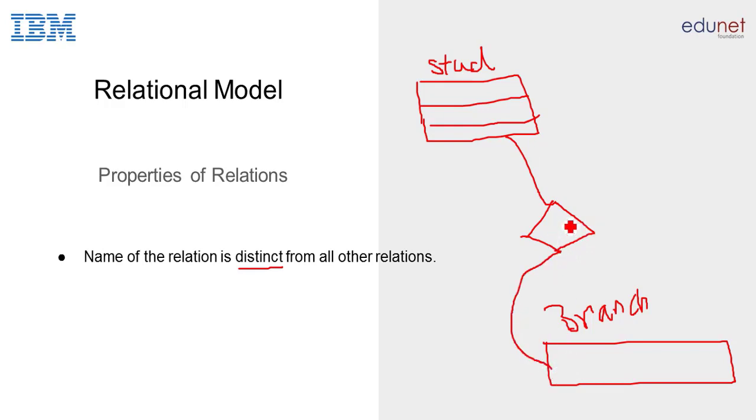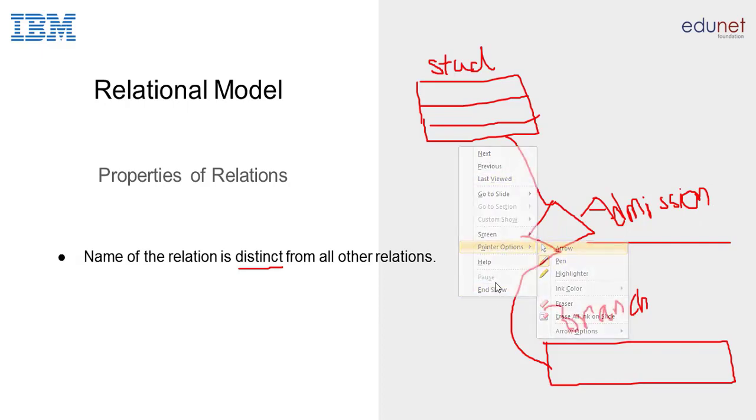And this relation must be distinct, or we call it unique, from other relations also. Suppose a student gets admission in a branch, so my relation is admission. This is called a distinct relation.